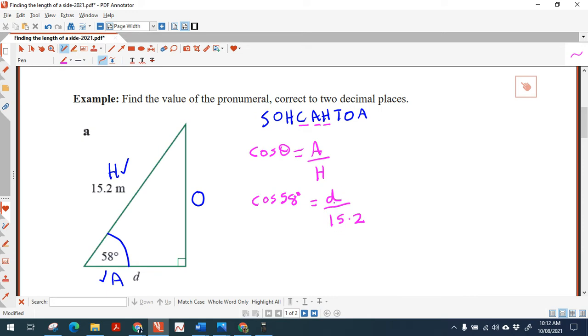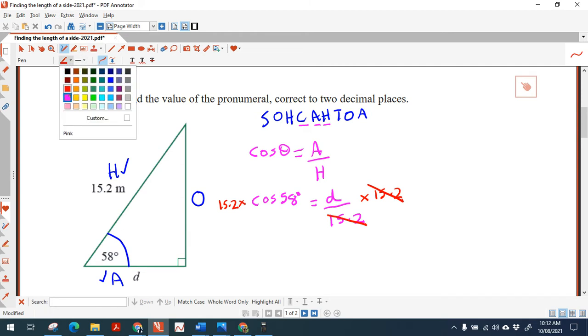Step 4 says to get the pronumeral by itself. So this is an equation like you normally would see. It's got an equal sign, it's got a pronumeral. Now we're going to get the D by itself. This is D divided by 15.2. So we do the opposite of divide, which is times. And then times 15.2. Okay, that allows us to cancel numerator with denominator. And now we've got D by itself. Okay, so we've got D